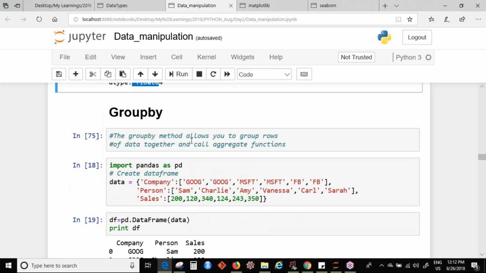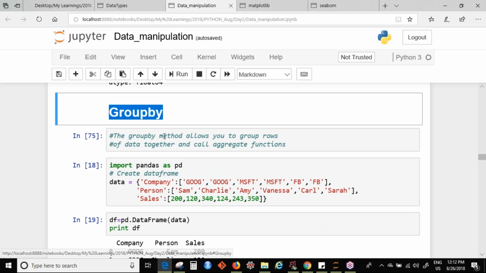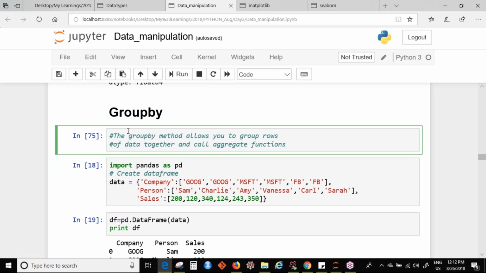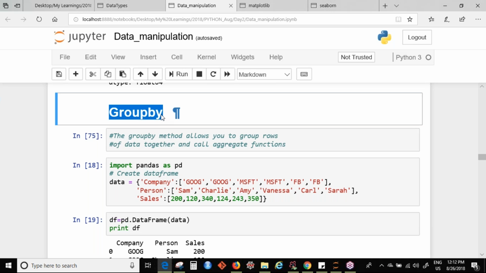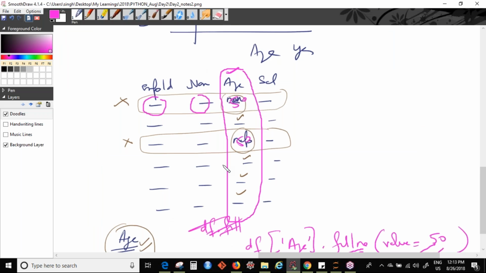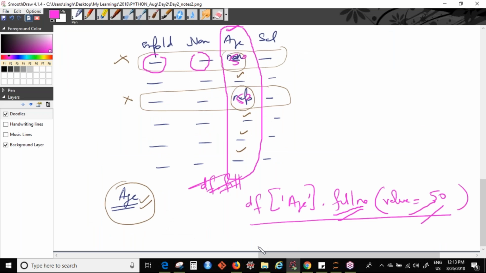Now one very important and very useful function is group by. People who know SQL will already know this. What is group by? Group by is what you use when you have to aggregate data based on a column. So for example,